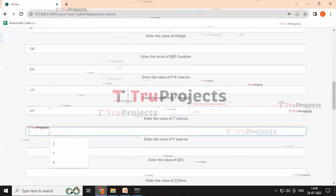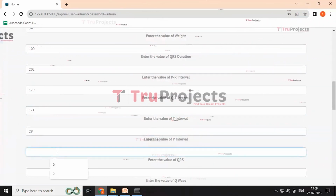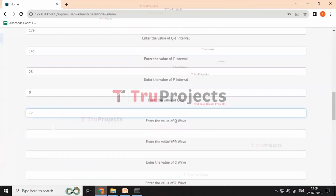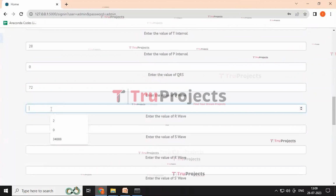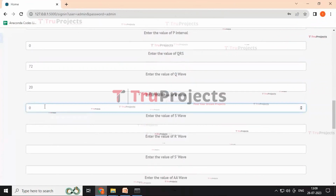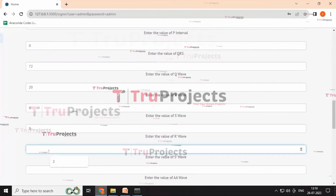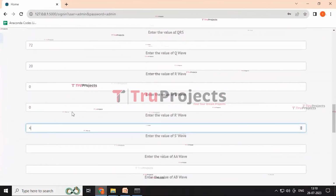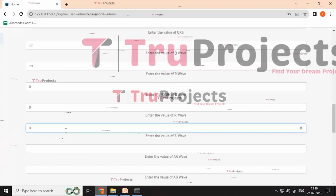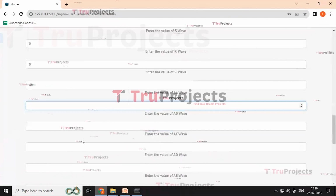and enter the value of P interval that is 28 and the value of QRS that is 0 and the value of Q wave that is 72. Enter the value of R wave that is 20 and the value of S wave as 0 and enter the value of 0 and the S wave as 48 and the AA wave as 0 and the AA wave of 48 and the AB wave of